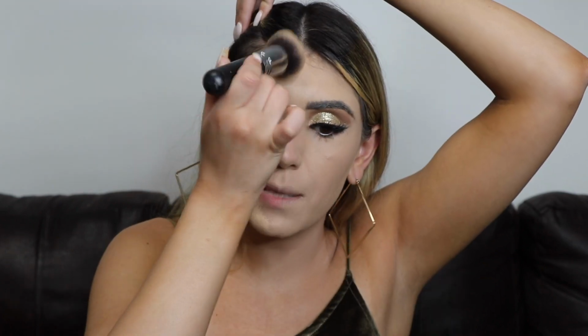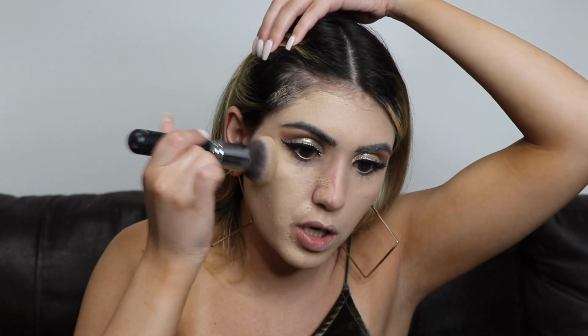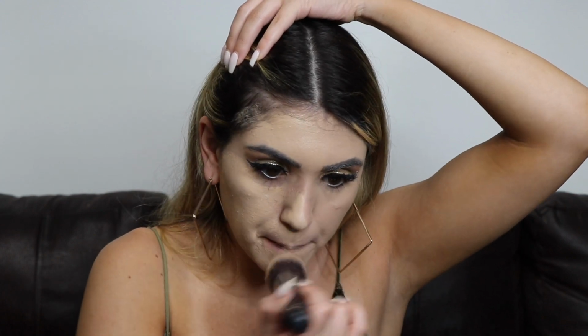Okay, so with the brush, definitely going with way less product than I am. The sponge, I didn't dip back into more product. I just took that one dip and it covered the entire area. And I bet you if I went ahead and dispersed it all over my face, it would have done the same. But for the brush,